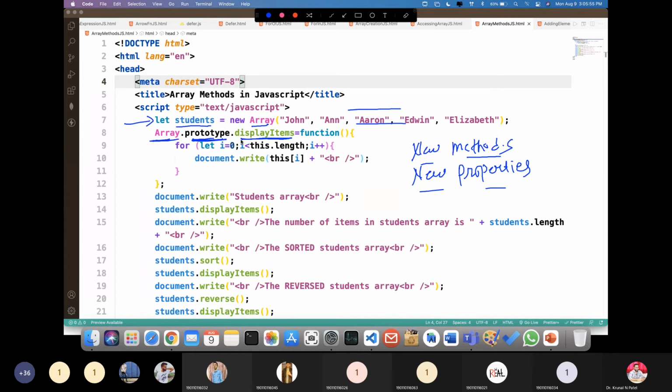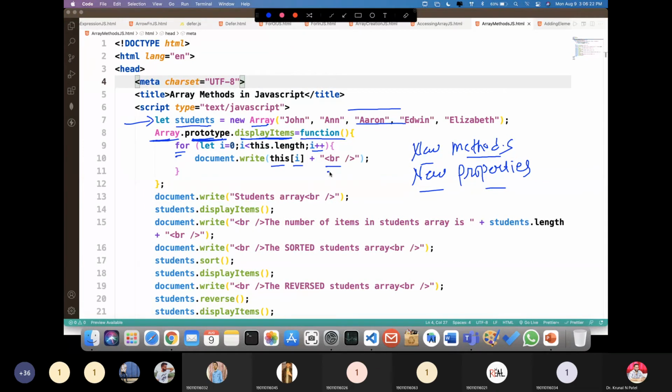Now let's go ahead. How can you create that? A simple ES5 function. You just go for the brackets, for i equal to 0, this dot length, right? So current object dot length, i plus plus, where the current object is our students array, this of i, right?